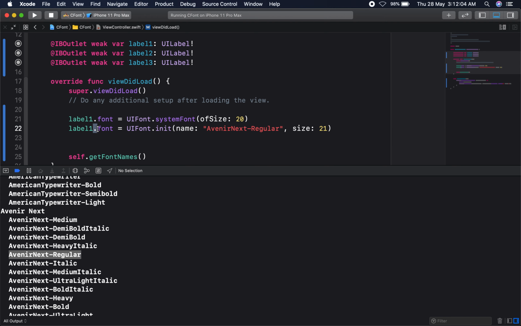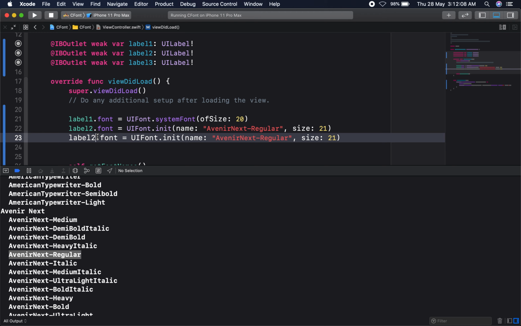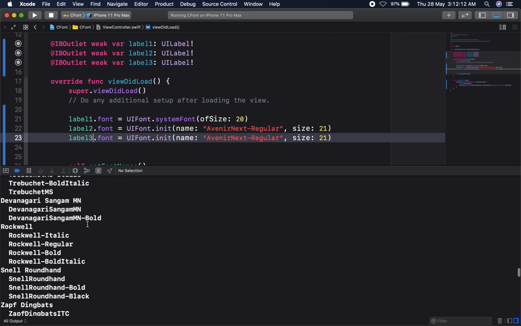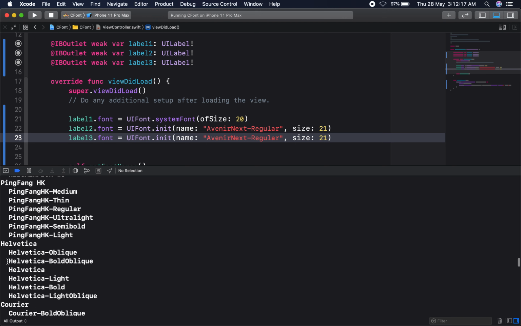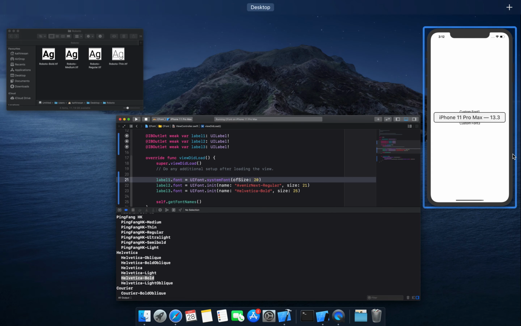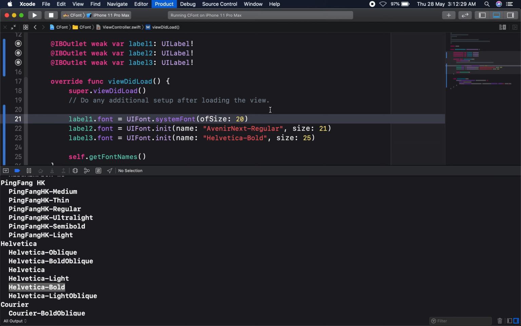This is for label 2, and another one, I am going to set another font name. Likewise, that font is already showing.